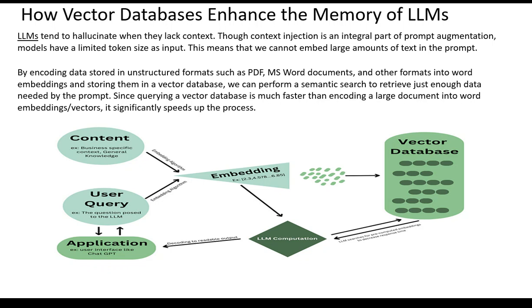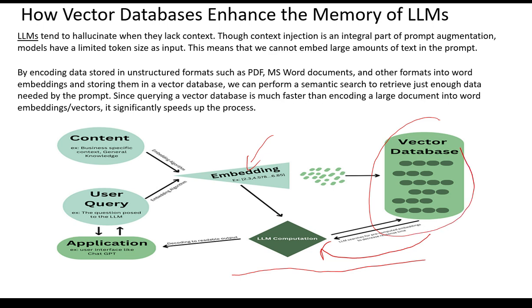Okay, so this is just a representation of the flow. The content, the user, and then embeddings are created, then the vector database gives the context to the LLM, then the LLM gives back the proper required data without any hallucination. So the vector database is the crucial part here. If the vector database is not fine-tuned or not properly made, then it will be giving wrong data to the LLM.